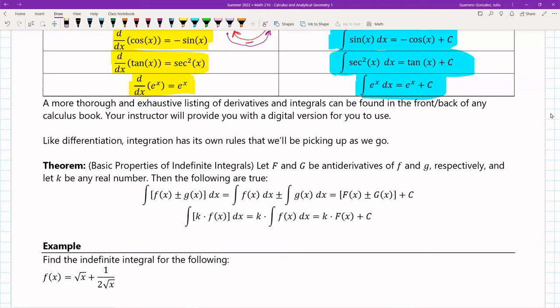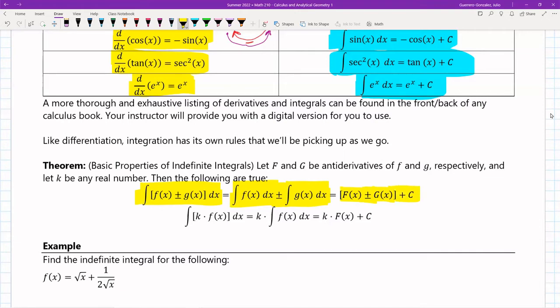Same rule applies for integrals. So let's say you had the integral of f of x plus or minus a g of x. Then I can separate out the integral of f of x and the integral of g of x, both of them separately, and then stick the plus or minus in between. And if big F and big G were the antiderivatives for little f and little g, respectively, then I can just put the plus or minus, whatever it was, in between them, and call it a day. Of course, I still need to put the plus c,